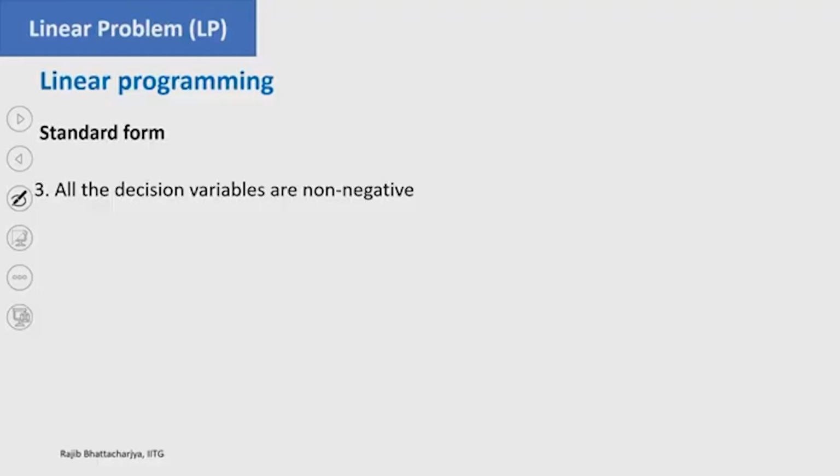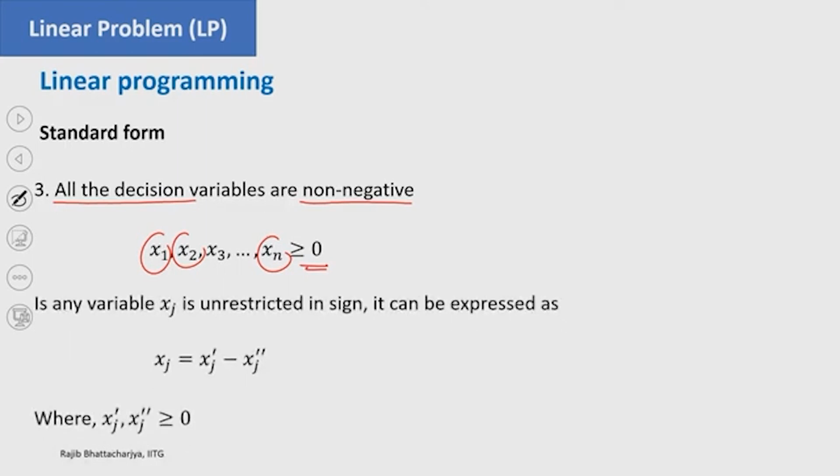Now, the third condition: all the variables should be non-negative, that means positive. But you may have some negative variables. In some cases you may have negative variables. It means that x 1, x 2 up to x n should be positive, but when you have